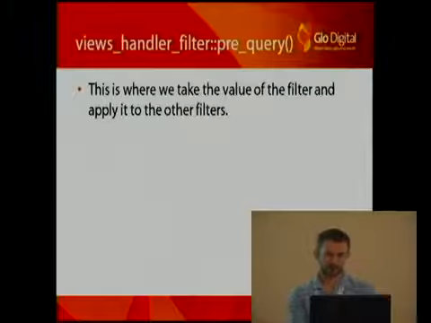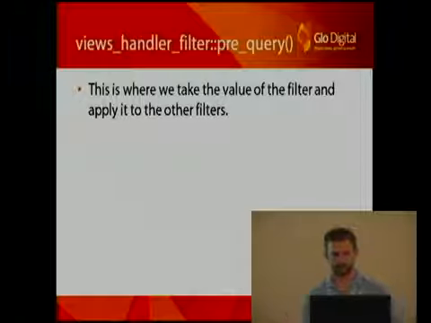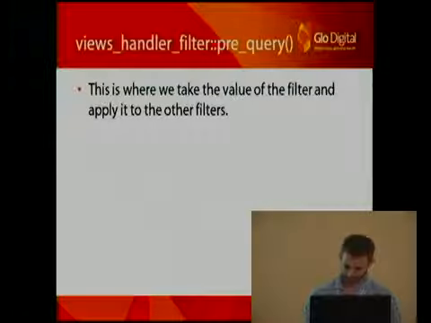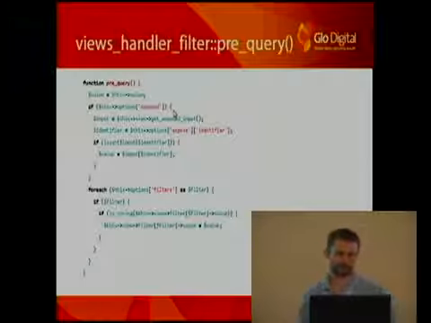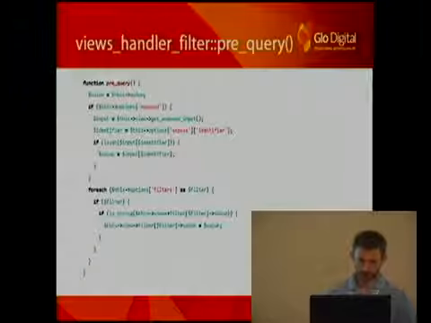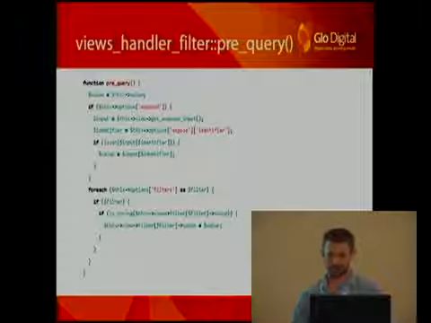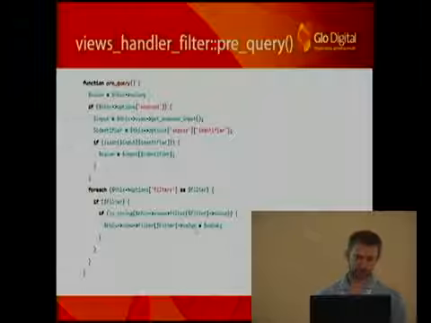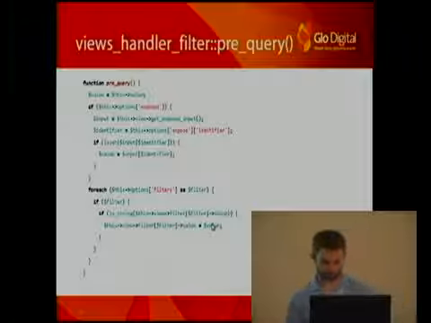Okay, so pre-query, what we're going to do here is take the value that someone's entered into our form element and apply that to all the other filters that we've enabled with our options. So basically, if the filter is an exposed filter, we're going to get the input of it, and then we're going to go through all the filters, and if they are to be filtered by our new filter, we just set the value. So nested deep down here is this.view.filter, the name of the filter, set the value to whatever we've entered.